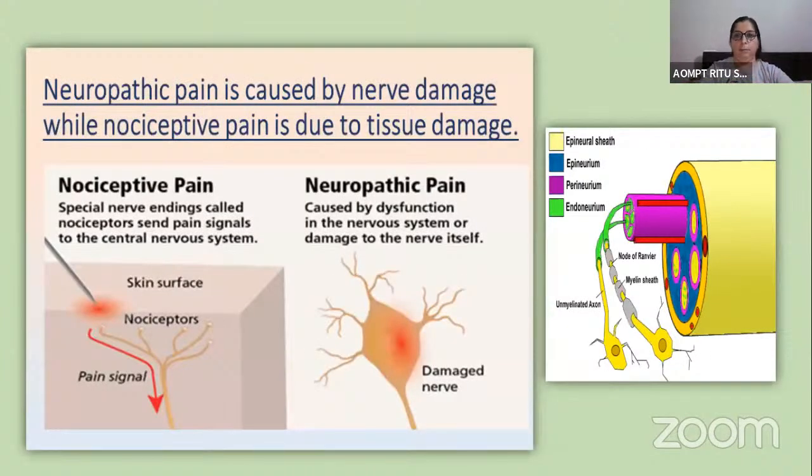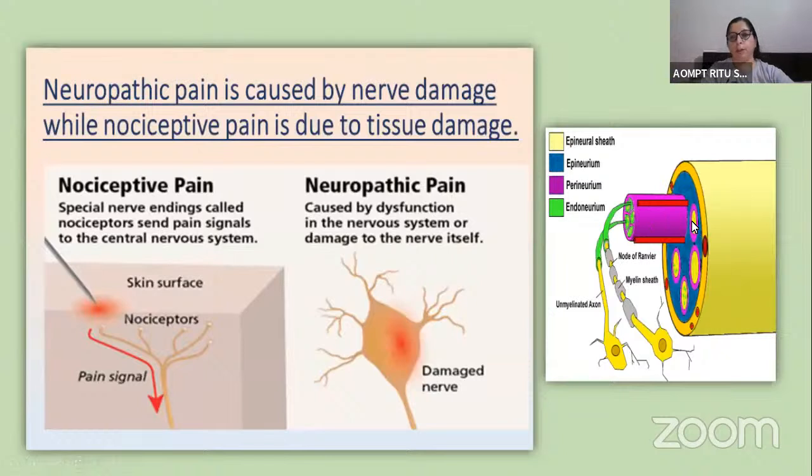So in the picture you can see the epineural sheath. This is the epineurium, this is the perineurium, and this is the endoneurium. So there are the fascicles. So interfascicular